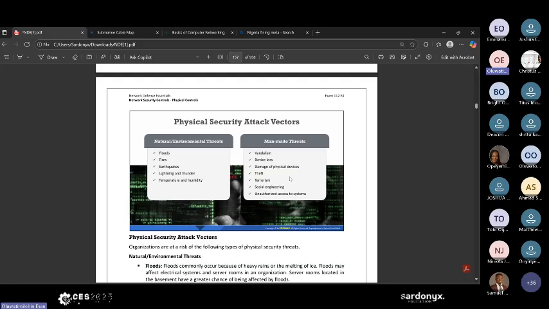For example, in this part of the country, NEPA or PHCN taking light is not a problem because most of our lights are not automated. So if someone steals your cable, it doesn't affect the whole community, or if someone steals a transformer, it only affects part of the community. And NEPA still takes light because that system is not fully automated. So we still talk about cyber physical systems. But over there, if they don't have light for like a week, it becomes a terrorism case because almost everything depends on power. In healthcare, a lot of people will die depending on power. Almost everything. But in Nigeria, we are used to it.